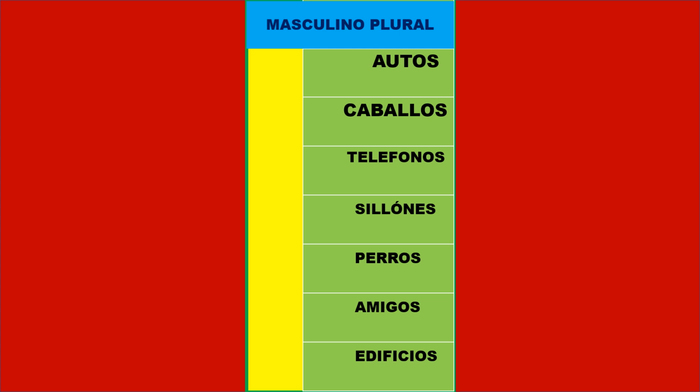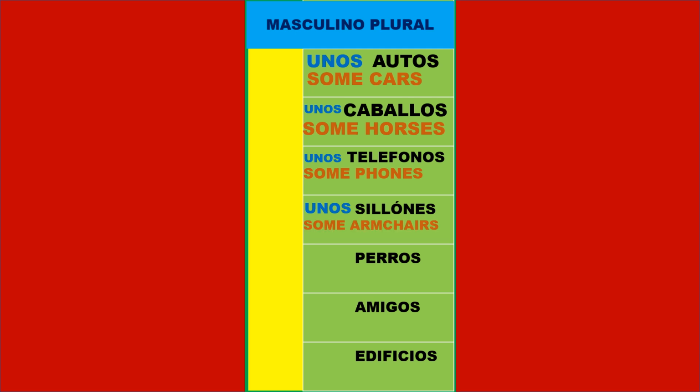Okay, masculino plural, masculine plural. Here we go. We use unos autos, we are talking in plural. Unos caballos, unos teléfonos, unos sillones, unos perros, unos amigos,